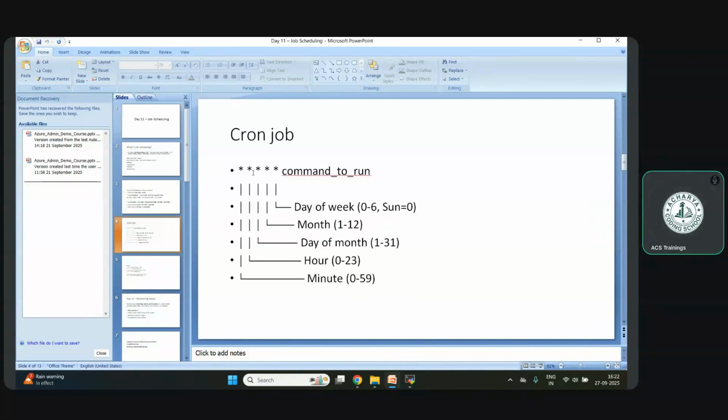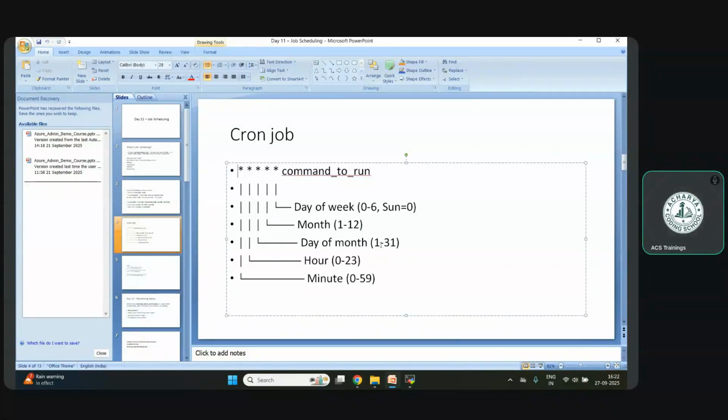We provide five stars while writing the cron job. Each star represents a specific column. For example, this star represents minute, this star represents hours,